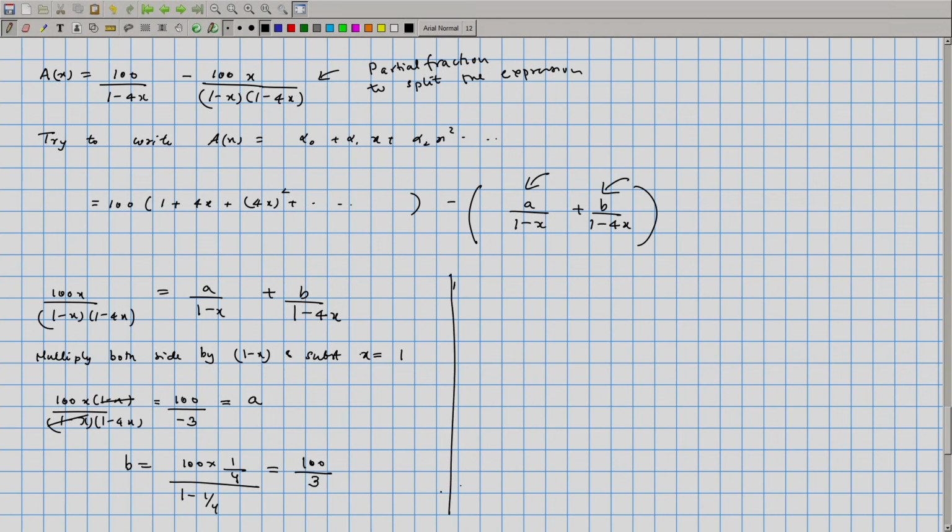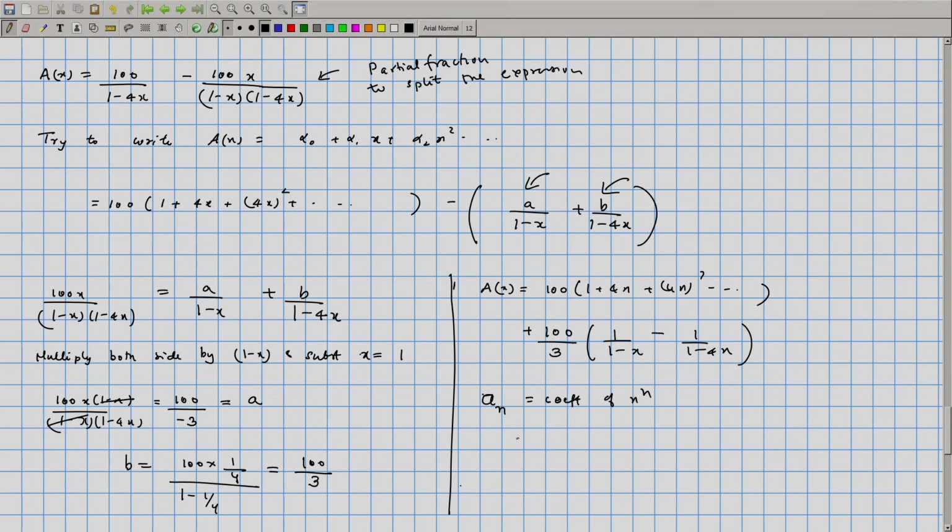And therefore, we can simply write this generating function A(x) as 100 into (1 + 4x + 4x² + so on) minus 100 by 3, or let us say plus 100 by 3 into (1 by 1 minus x minus 1 by 1 minus 4x). So, if you look at the nth term, from this we can read off the nth term. So, a_n is equal to the coefficient